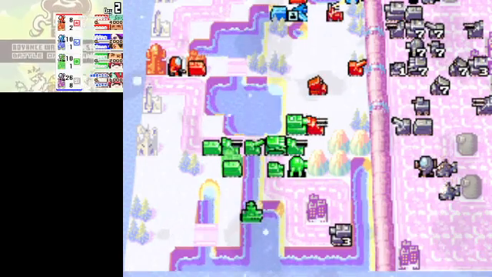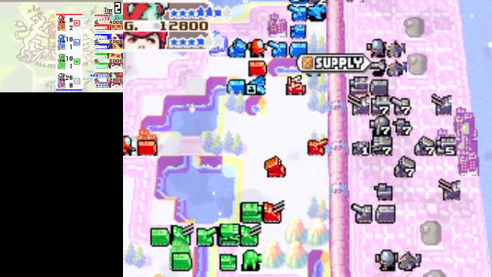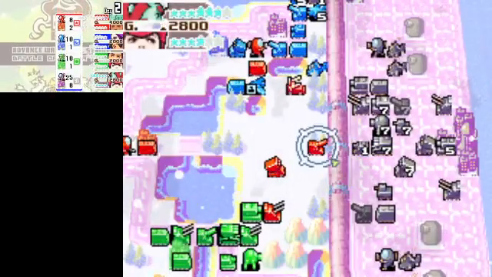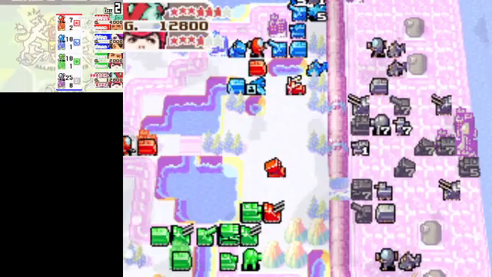Let's see what happens. Yeah, as if the dual strike wasn't enough, now they're going to break through the pipe and probably do some more damage. Alright, so that was actually good. The black bomb was distracted and went after the aircraft carrier and the bomber. So that was a very good way to...